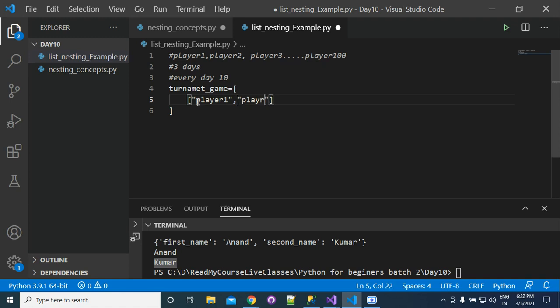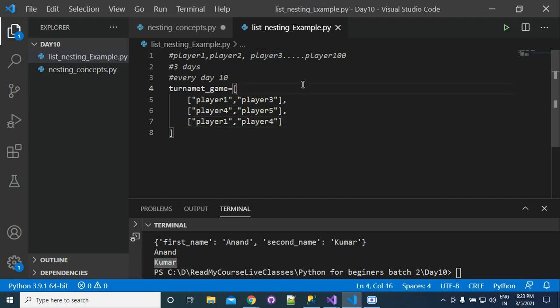Suppose that this is for the first day, this is for the second day, and this is for the third day. Now suppose that on the second day the winner was player 4, and next was player 5. On the third day again the winner was player 1, and then player 4.